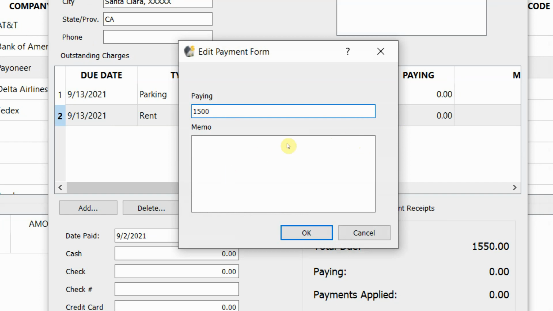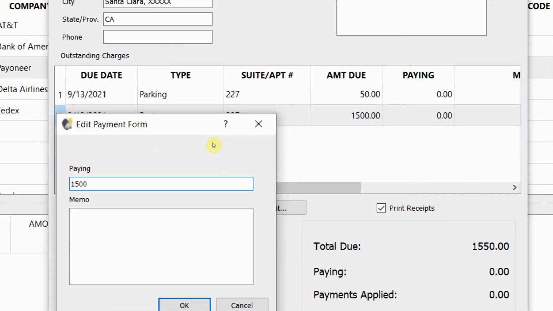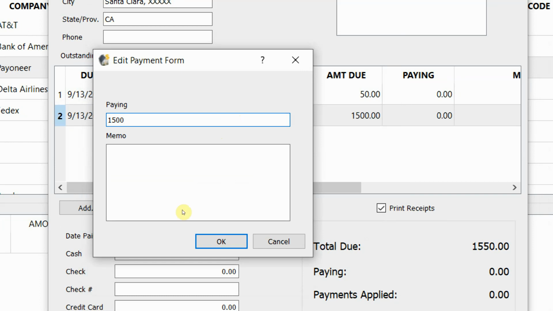The amount being paid cannot be more than the amount being billed, but it can be less than that. Okay, part payment, maybe the tenant hasn't got enough money. If you accept part payments, then you can use that one. So now memo, you can type something. Memo, so say something like